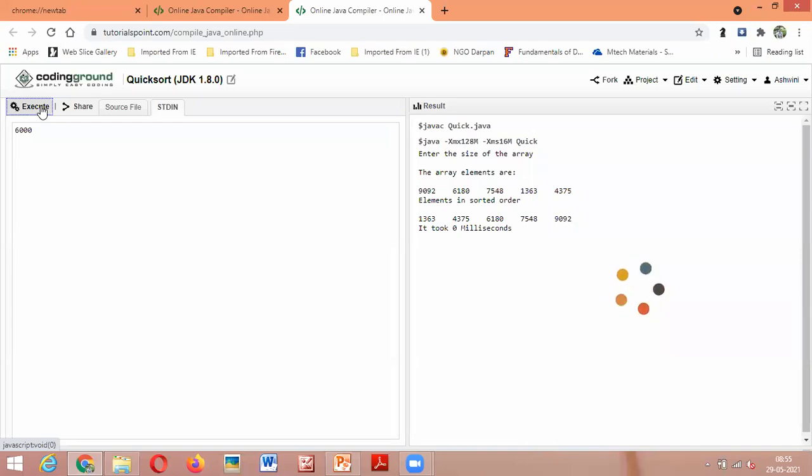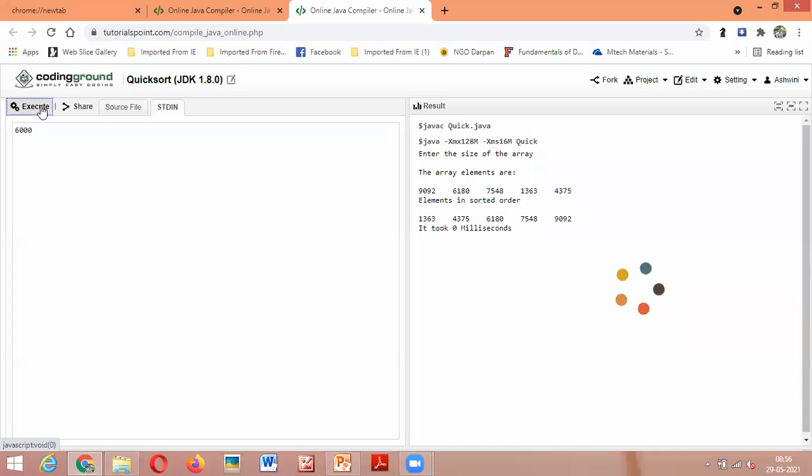When you come to the lab, we'll execute these 2 programs. The remaining programs you can execute, but for these 2 programs, merge sort and quicksort, we have to give large input and note down the time. For that it requires space, and online they cannot provide such a large space. I hope you're getting it. So when you come to the lab, we can execute these 2 again. For now, you can just execute online and check how it works.